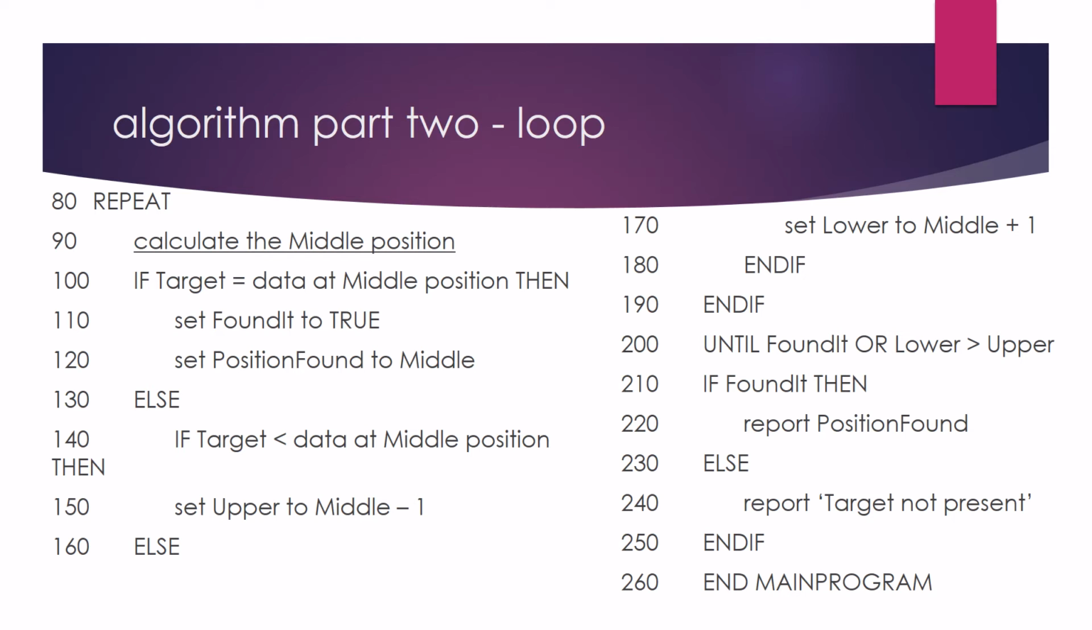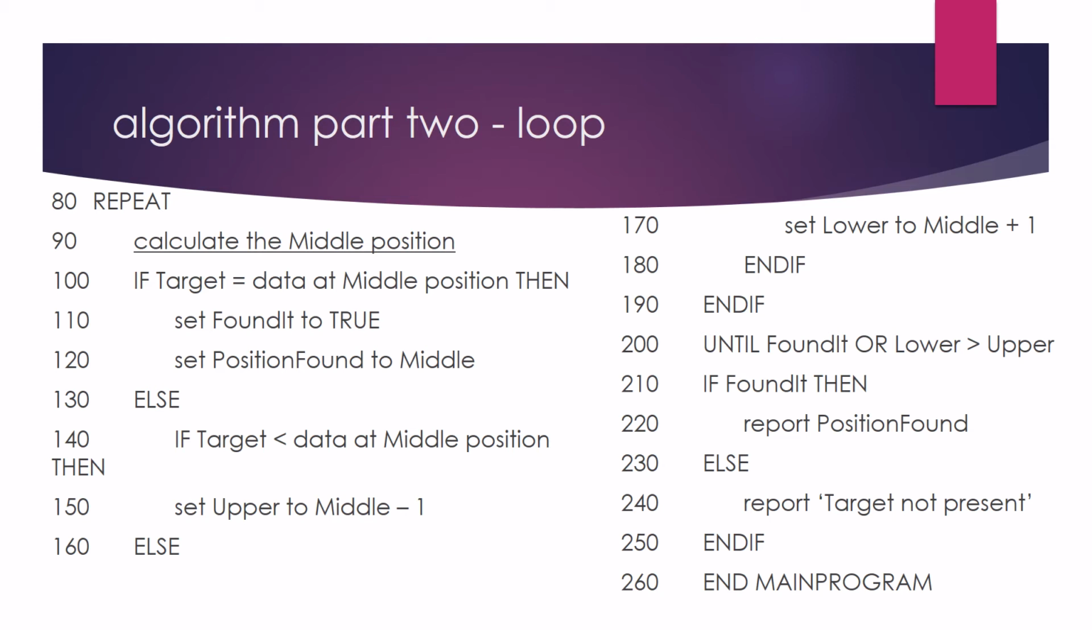Lines 100 to 120 work out what happens when target is found. Note that this will only find target once. Set foundIt to true, set position found to middle. In other words, set the position found to that index value. Lines 130 to 150 will find out what happens